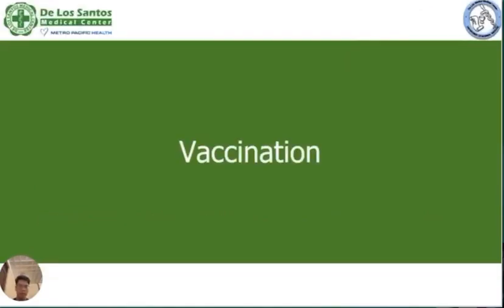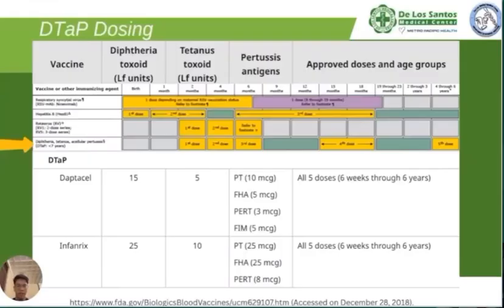So we go now to vaccination. Just passing, the doses of DTaP for those younger than 7 years, seen in the arrow, are given at 2, 4, 6, 15